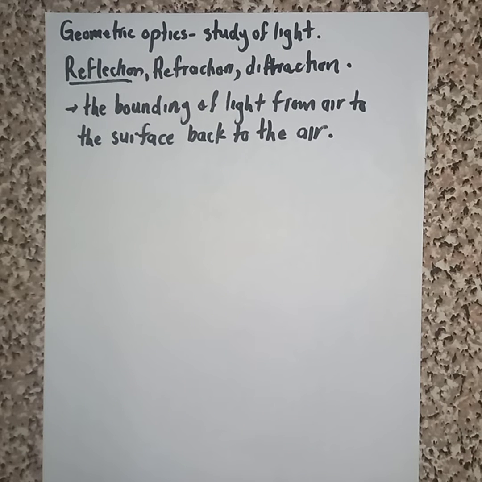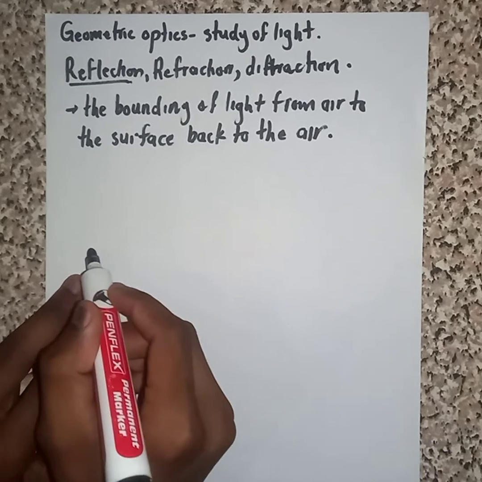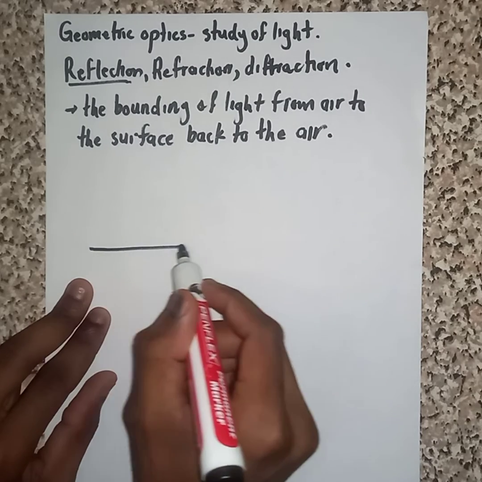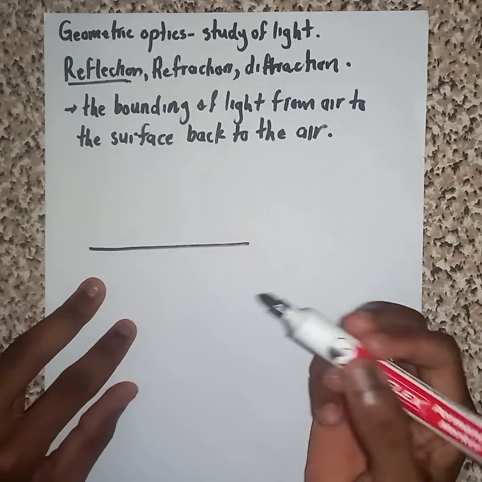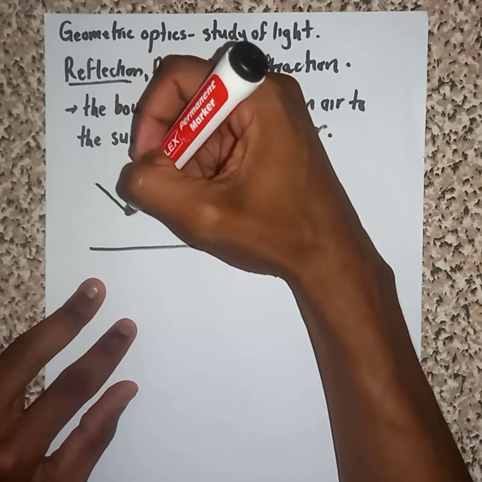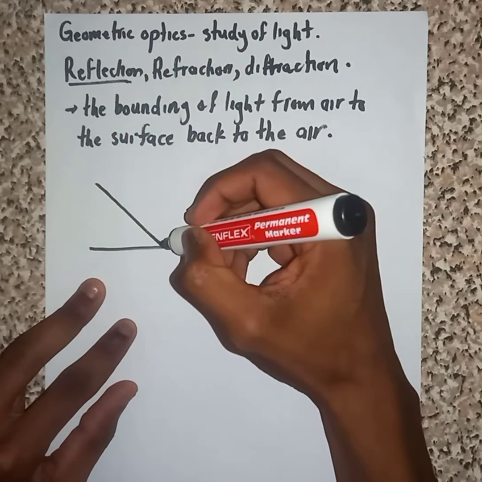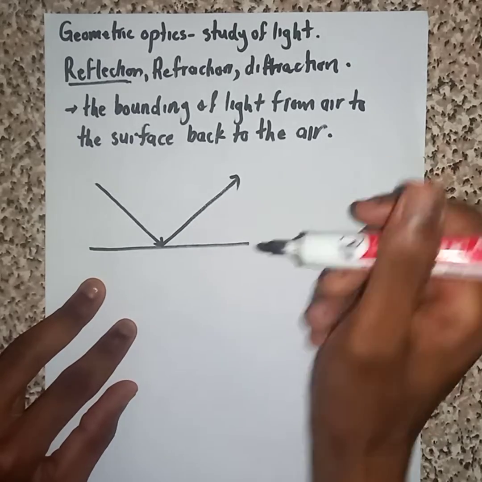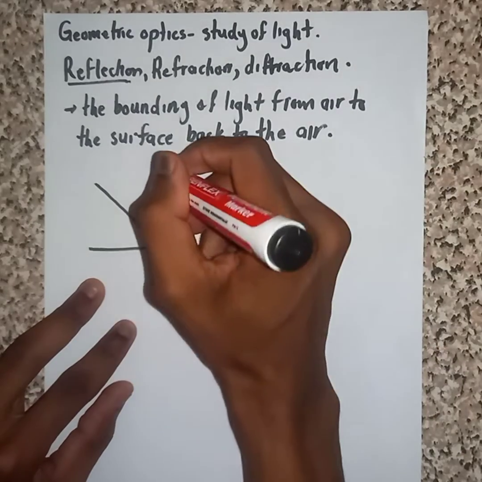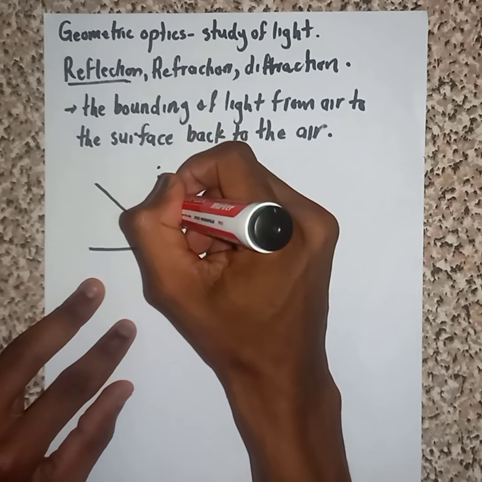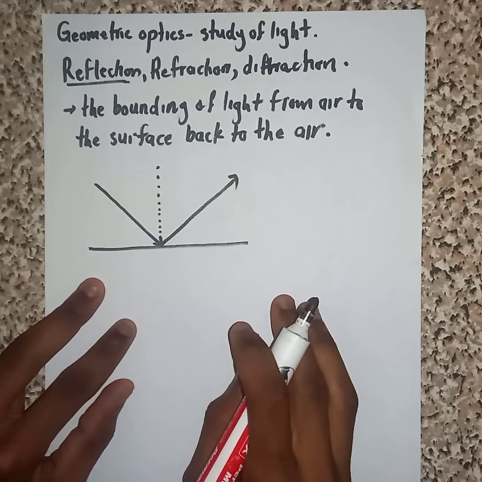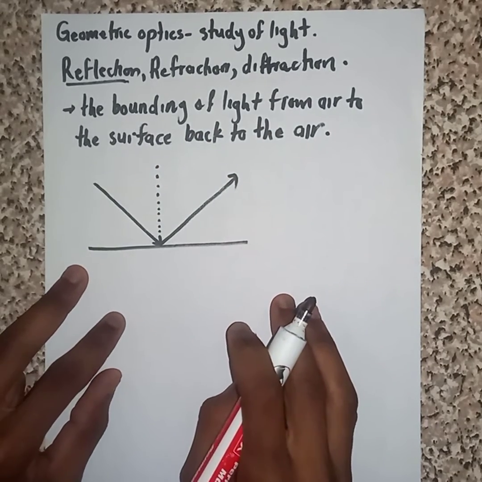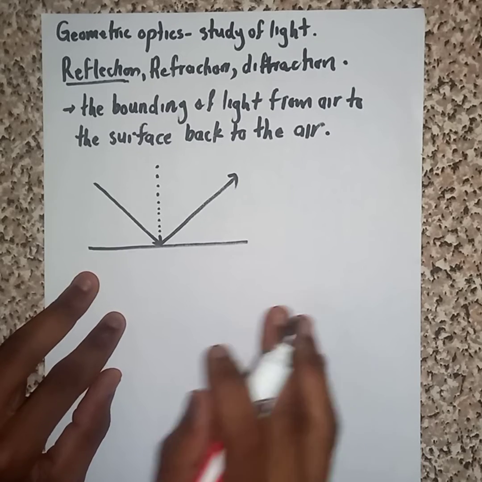Let us consider a case where a light strikes a surface, let's say a mirror surface, then it becomes reflected back. Now we are going to do a few concepts that a learner should know when we have a